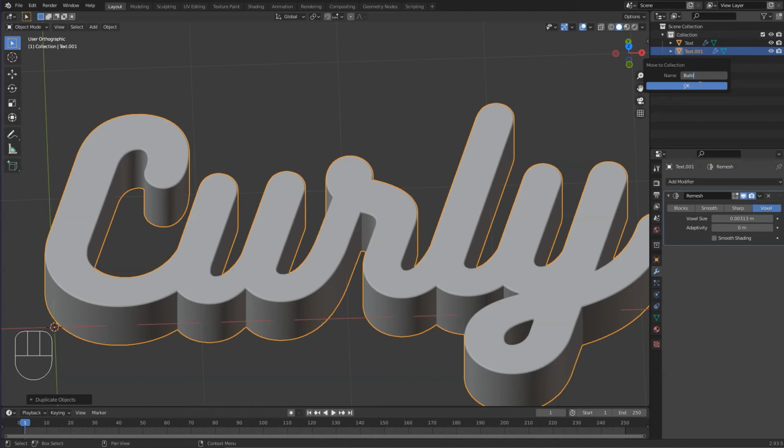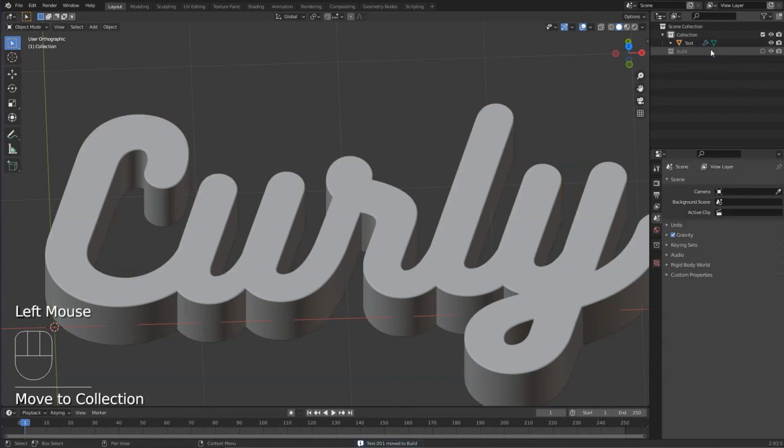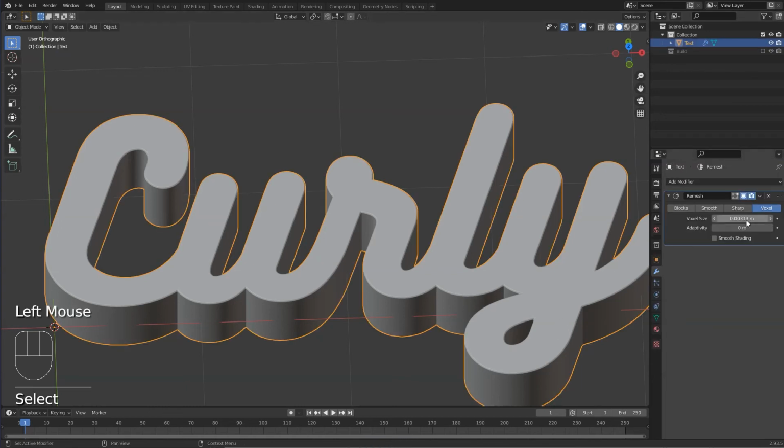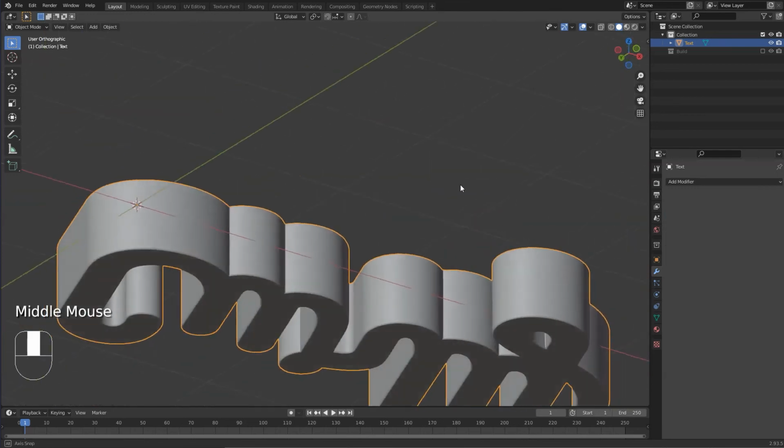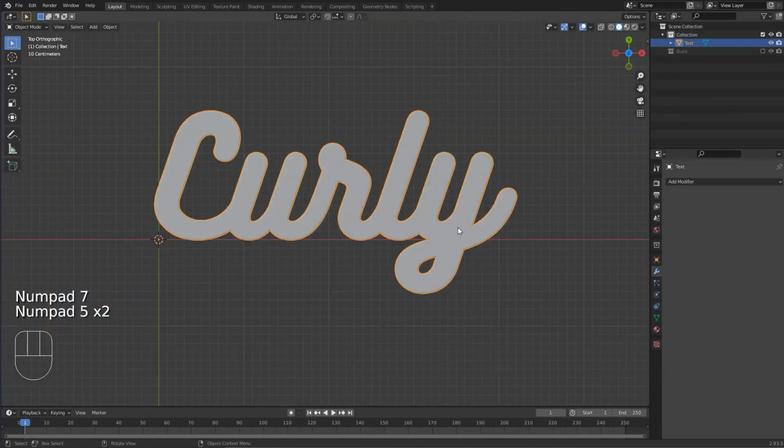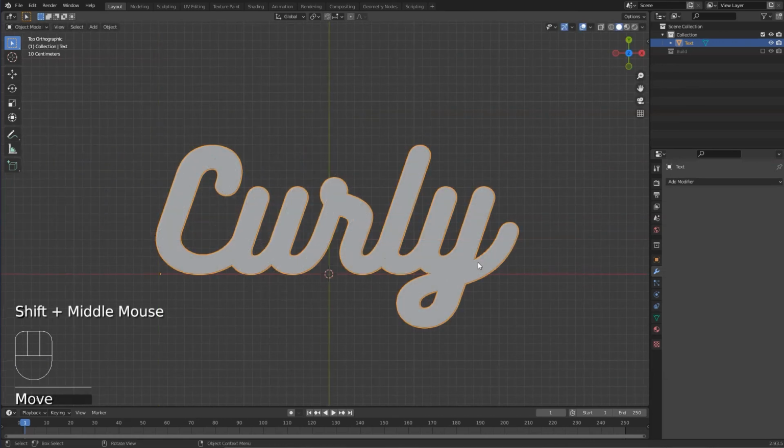This is something which I sometimes do. It's like a collection which I can come back to if I make a mistake or I ruin something, and I've still got a reasonable starting point. So I'm going to put it in there, but then I'm going to switch that off. Now I'm going to apply this. Blender will chug for a moment, and there we are. Now we've got just a piece of polygonal geometry. I'll move it back into the center of the scene a little bit and add a cube,